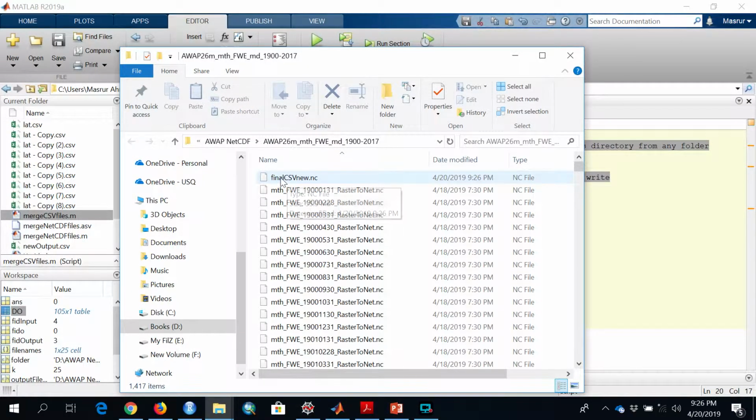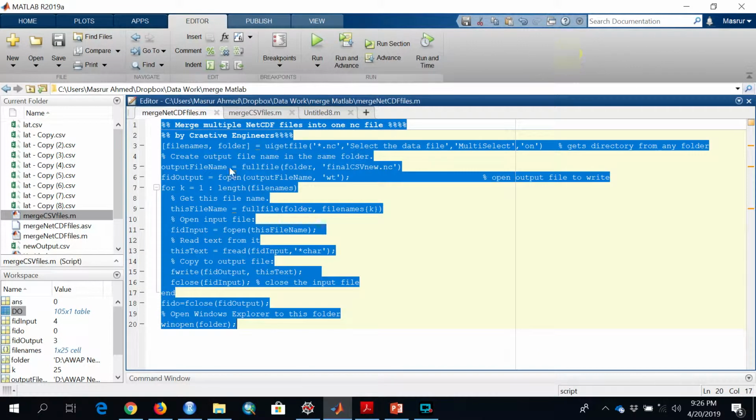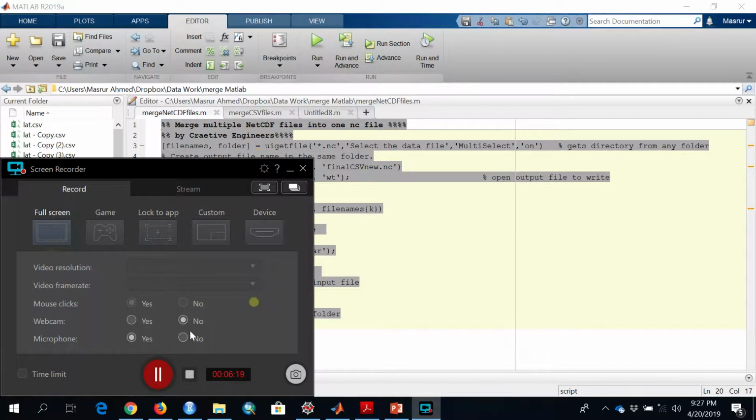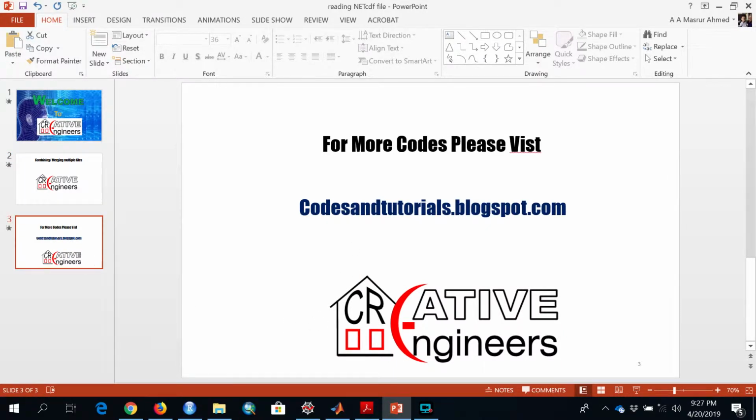This is the final CSV new final. This is my final output of integrated NetCDF files. So by this process, you can integrate different types of files together, to run in mathematical modeling or any machine learning techniques. And in the comment section, you'll find all the codes together,